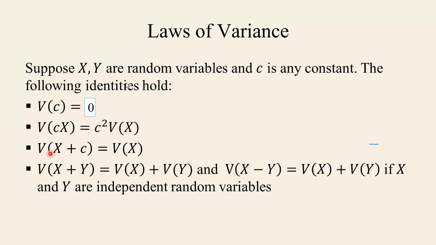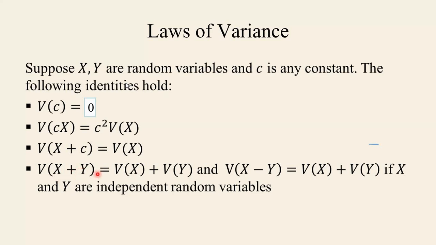Right? And variance of X plus C is equal to variance of X. Then, when X and Y are independent, only for the variance. For expectation, there is no need for independence for addition or subtraction. But when you are taking the variance for two variables with addition or subtraction,